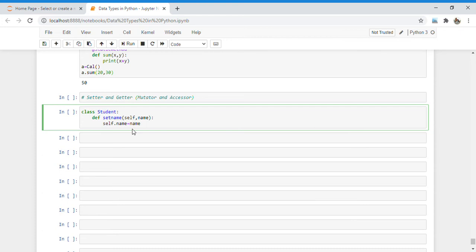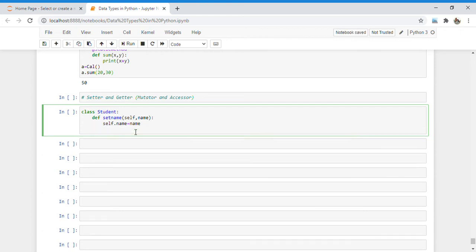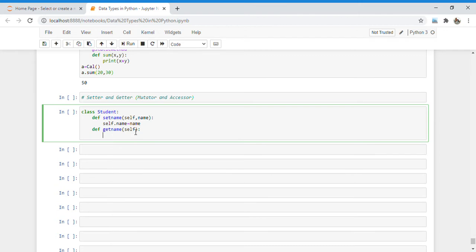and to get this data there is another method, that is the get method. So get variable, and I have to define it. Inside the get, I define the reference variable and return that data.